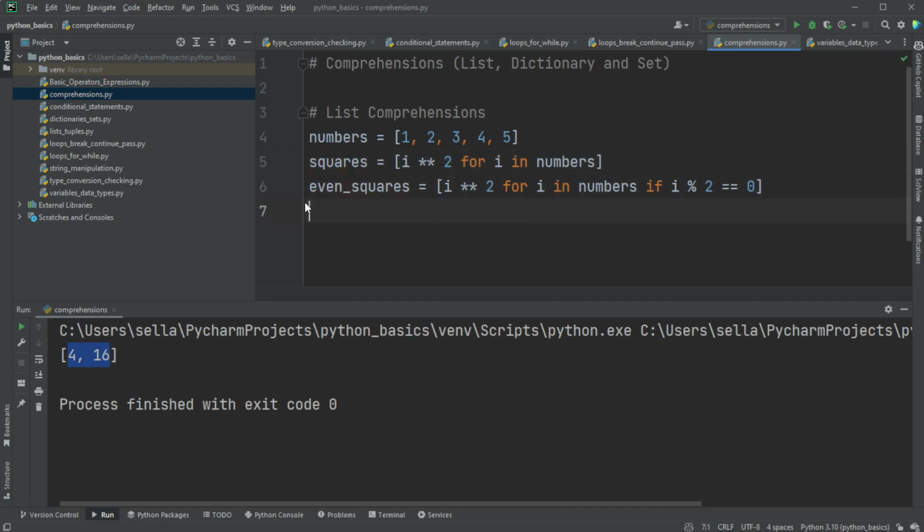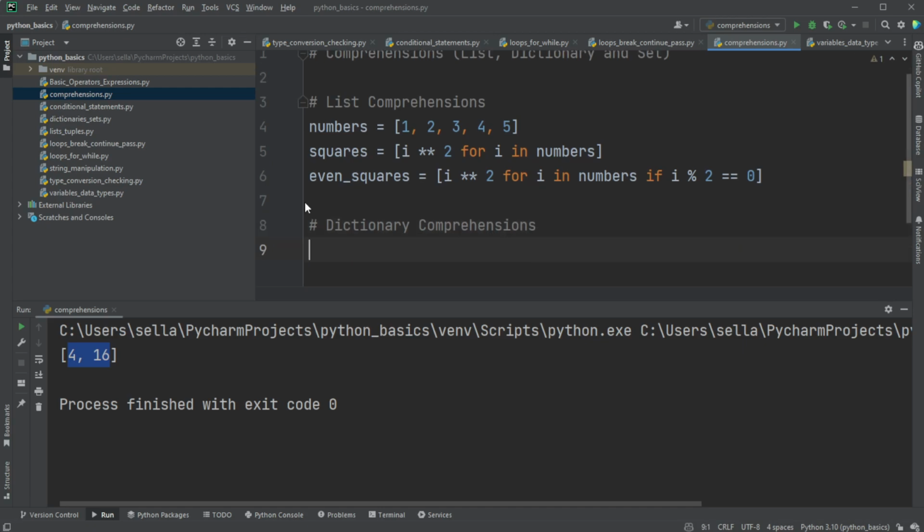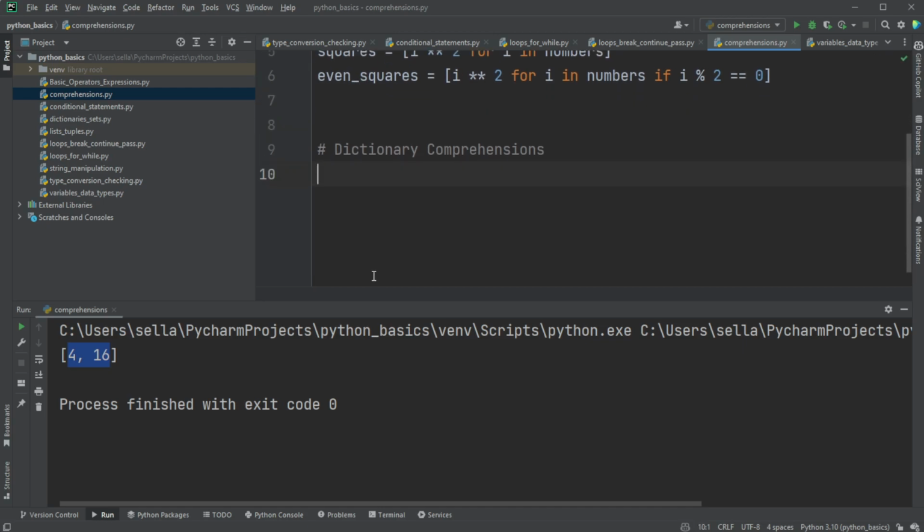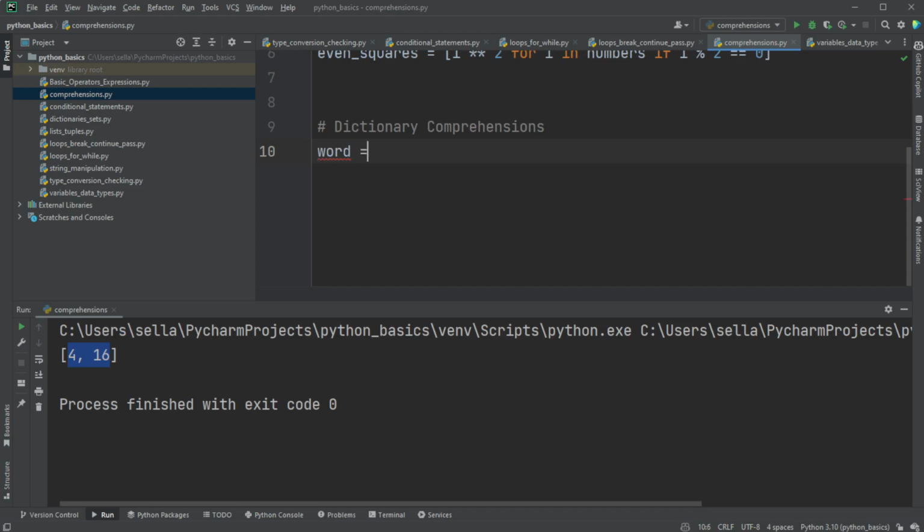Great. Let's have a look at dictionary comprehensions. Okay, so dictionary comprehensions work similar to list comprehensions, but they create dictionaries instead of lists. And if you remember, dictionaries have a key and a value. So let's see what we can do. Let's do word equals a string. And we want to get the position of each letter. So let's do letter_positions